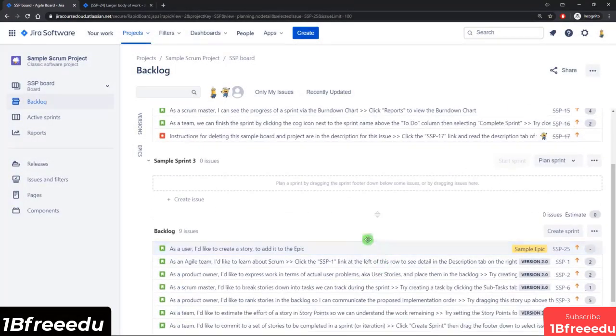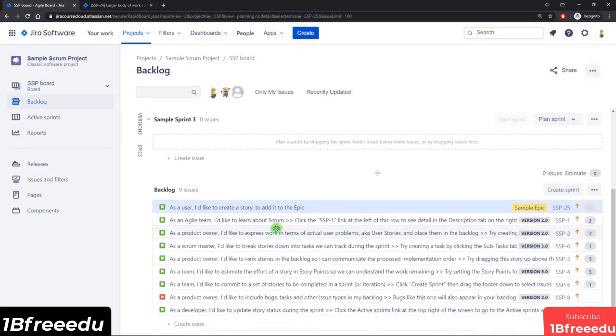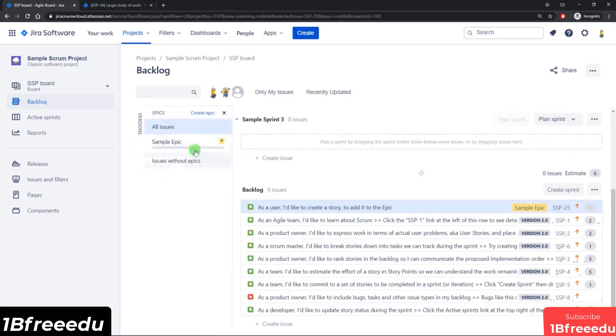So because I had the sample Scrum project selected, obviously it created that issue under the sample Scrum project. And now you can see that the issue we created is right here. It has been assigned to the sample epic. So if I come in here and click on epics to open up the column, the epic shows up here